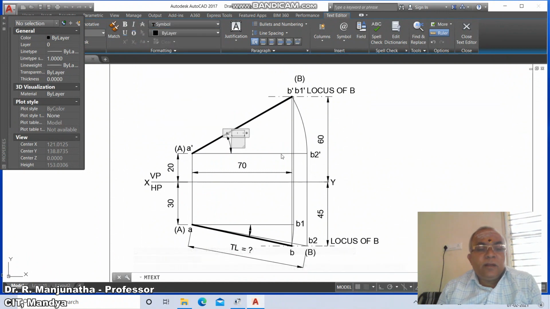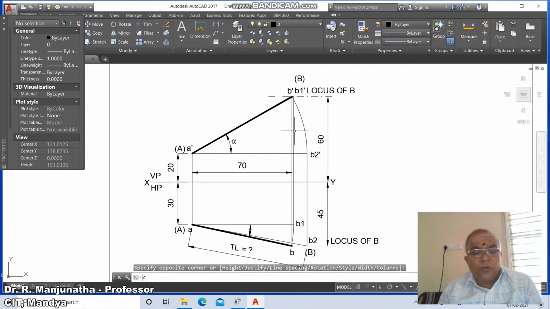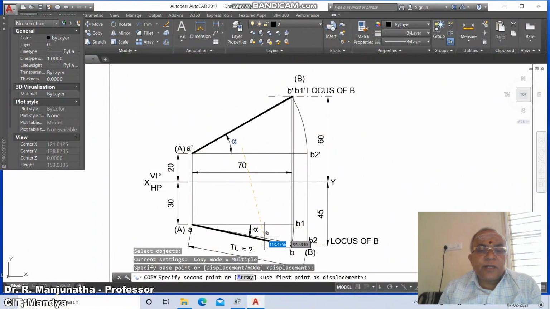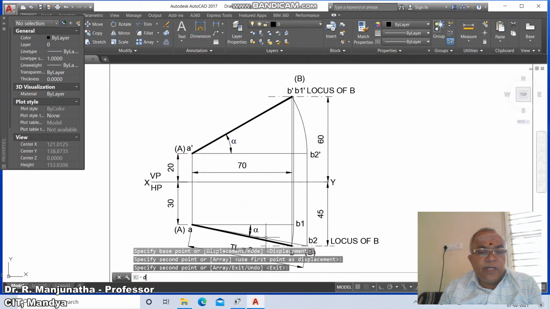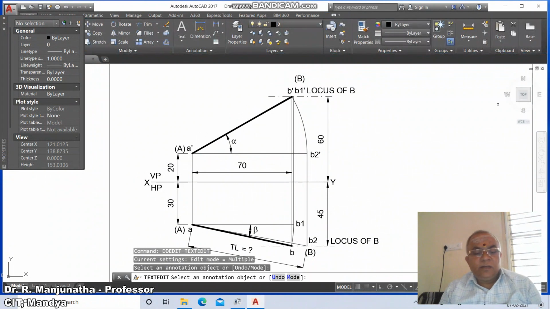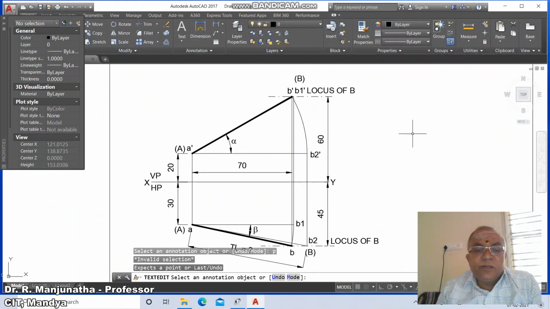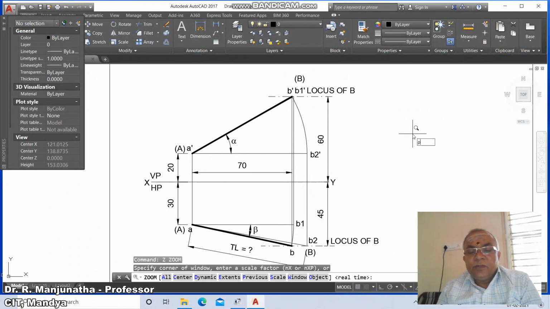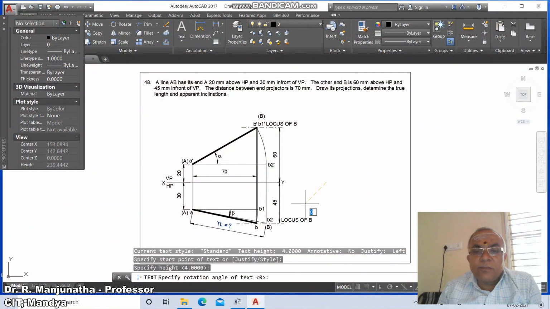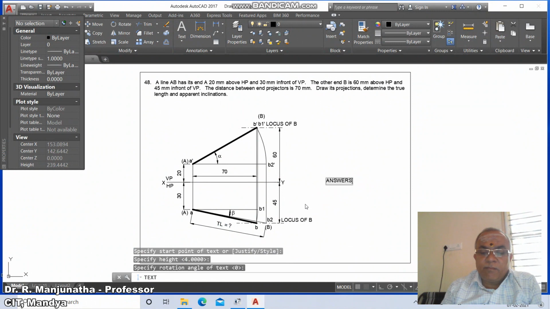So come down to symbol, you mark this caps lock off, you type A and then come down. Then go to copy, select this line, you come down to this and keep it here. Then go to DD edit, and here you mark this as beta, and then you write the final answer. So now to do that, so come down to D text, put the caps lock on and type answers.